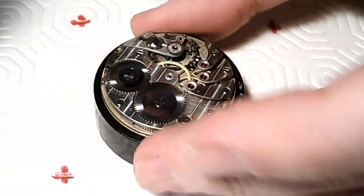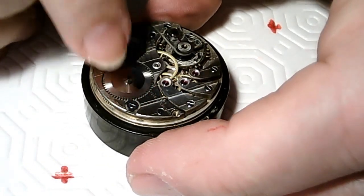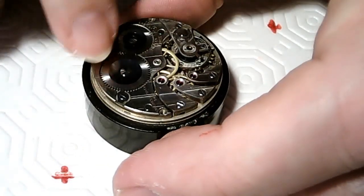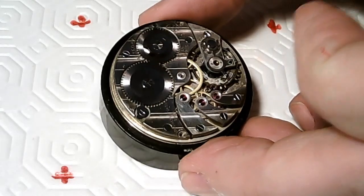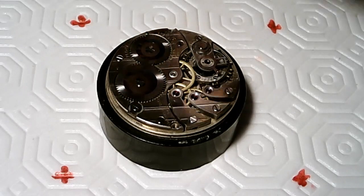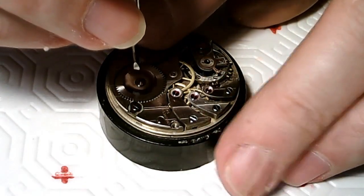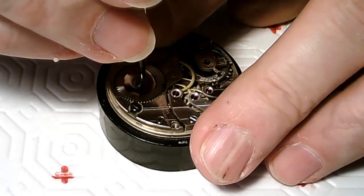So I'm going to replace the mainspring. First thing I'm going to do is take apart some wheels here. For this job, I don't think I want to touch any of this stuff. I'm just going to try looking at the mainspring and seeing what's wrong with it, because, as I said before, when I wind it all the way up, it just slips, which makes no sense at all. So I hold the ratchet down like this, and then